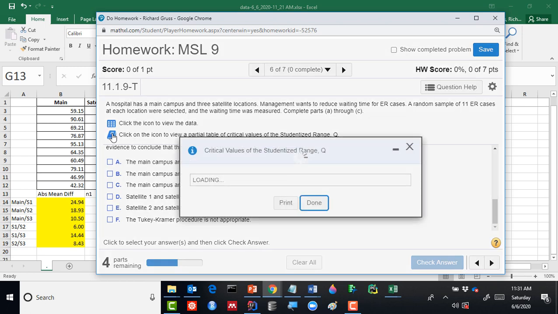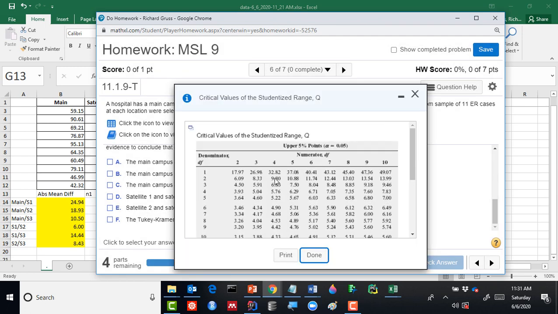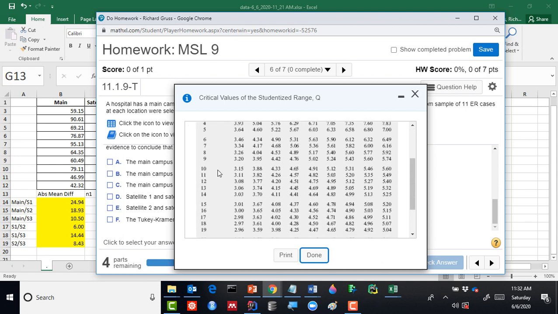So I'll come here. Okay, and there it is. Looks like it was scanned right in. So we see that this particular page gives us the alpha 0.05. Okay, that's good. That's what we want. Now we find our numerator degrees of freedom across this top row, and we see ours is here. It's 3. Then we find our denominator degrees of freedom down here in